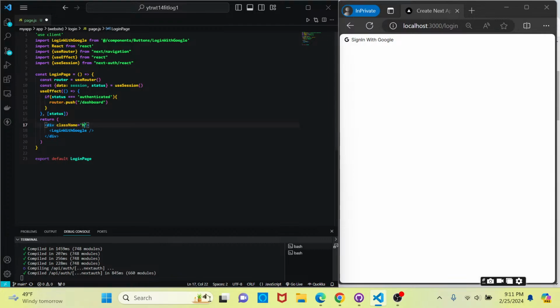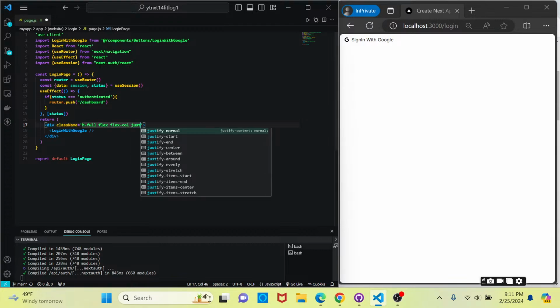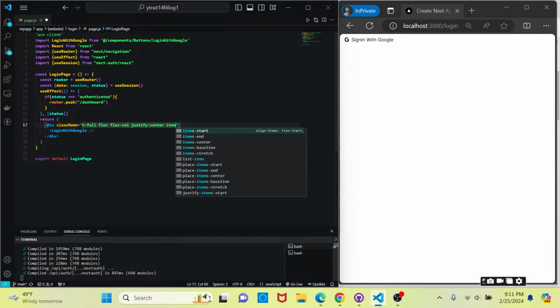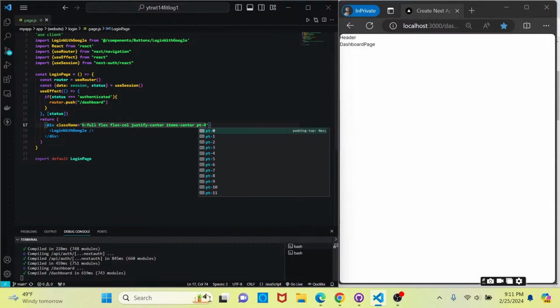So let's go ahead and style this. Let's make this height full. We'll say flex column for the direction, justify center, items center, and let's give a little bit of padding top of 4. Let's hit save, and we see that it shifted the items to the center based on the styling, but more importantly, it also redirected us to the dashboard page,